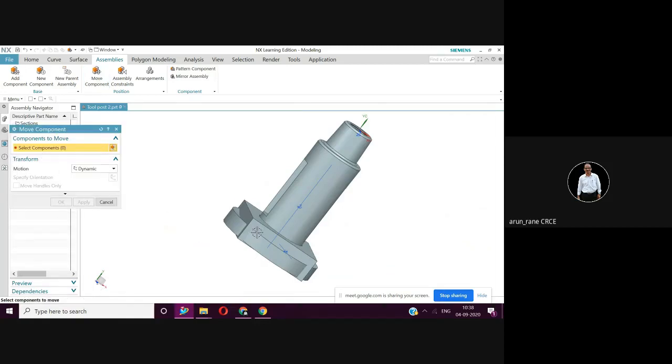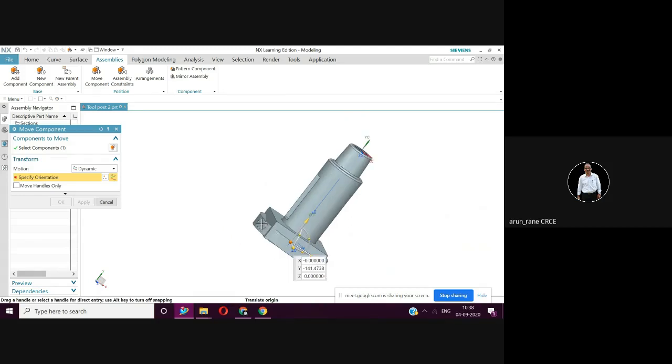In move component, I'll select the component first. This component is selected. Then specify orientation. So I'll just move this component up. You have to wait for this purple arrow. I'll see whether the orientation is correct or not. Yeah, it is correct. The concavity is facing up. So I'll say okay now.